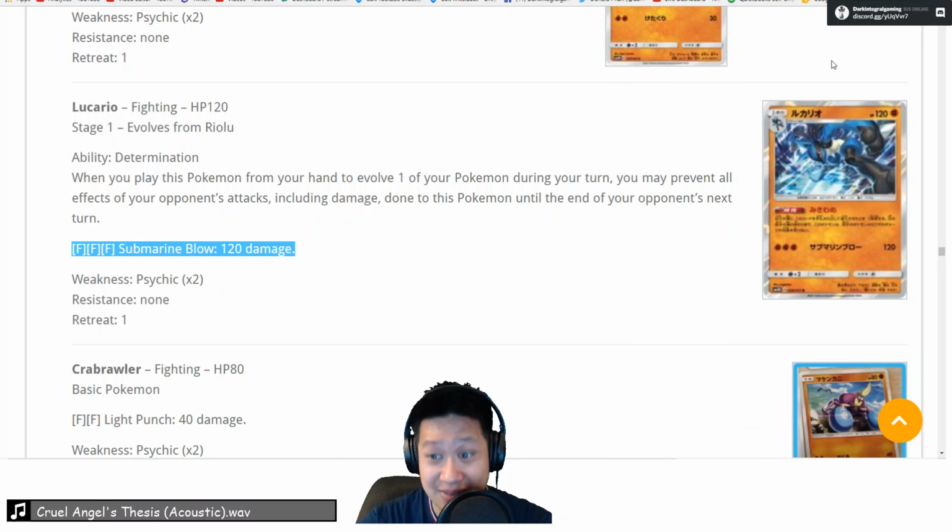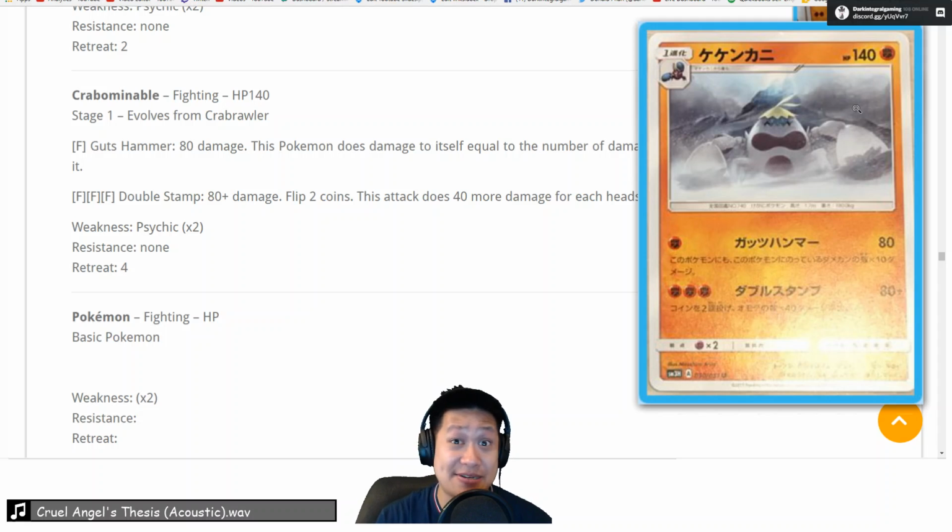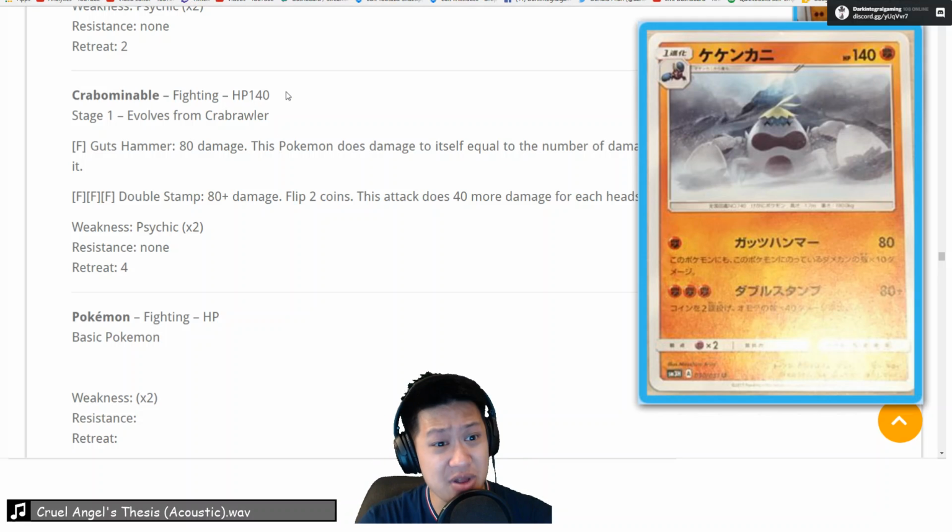Moving on, I like you. Crabominable, 1 energy, 80 damage. That is one of the highest base damages ever. Give it strong energies. Give it Choice Band, man. That is a 2-shot. And it's a Stage 1. Look at this, 140 hit points. That's gonna be hard to KO. And with the 1 energy, you can just use Max